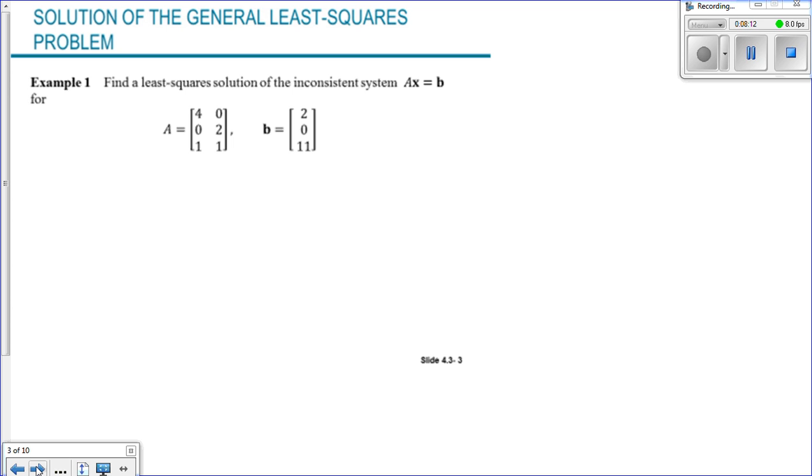Okay, so I want to find a least square solution of the inconsistent system Ax equal b. Inconsistent meaning there is no solution. That means b is not a linear combination of the columns of A. So let's get our formulas. We know the normal equation is A transpose A times x equal to A transpose times b. So let's form the normal equations. I need A transpose times A and then times x. So A transpose times A